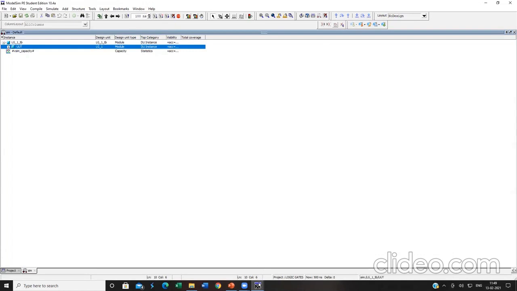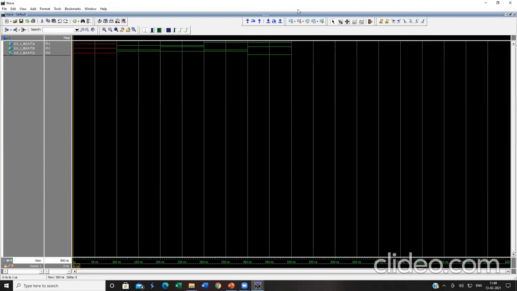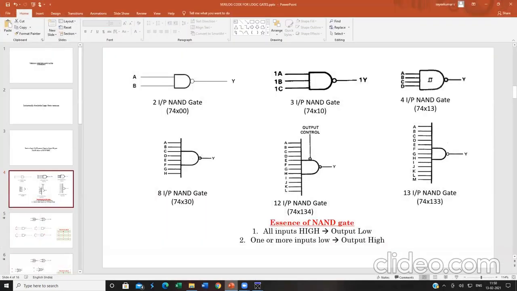Click on run. The waveform gets completed. Now let us check whether both of them are correct or not. What we have seen in the code, what you have seen in the PPT, and the waveforms that have appeared over here, are they equal or not.